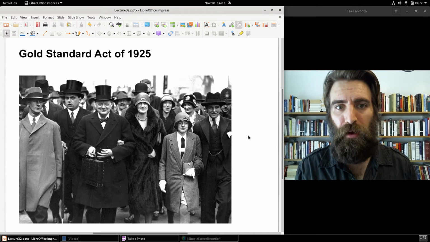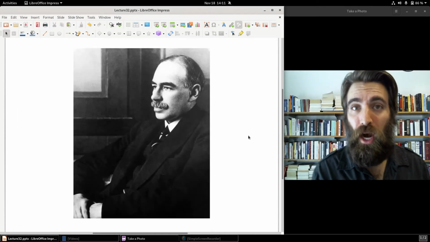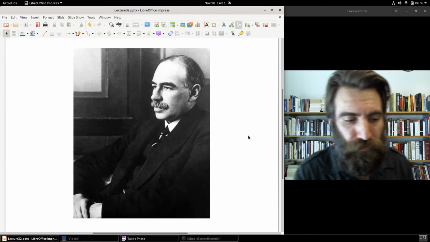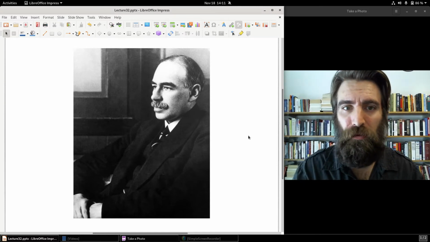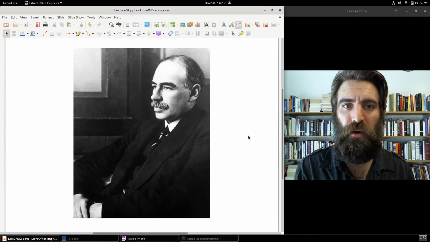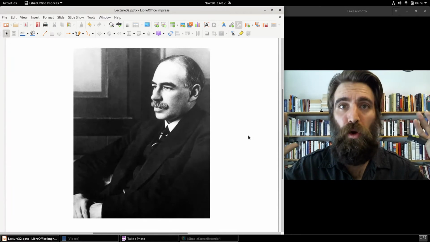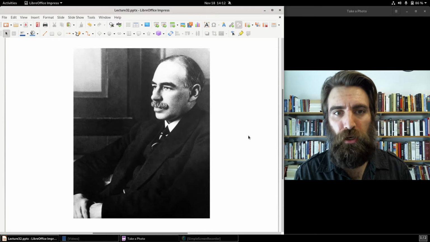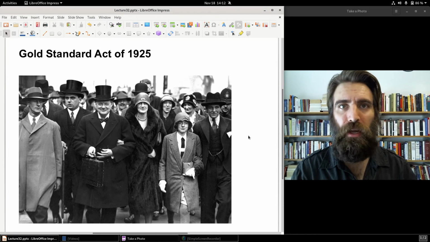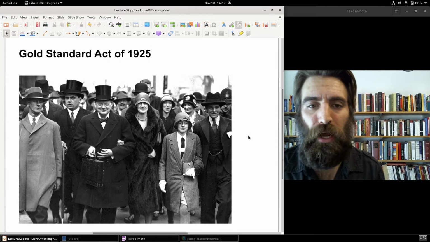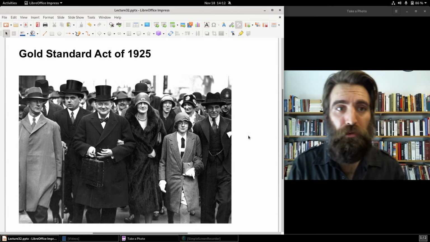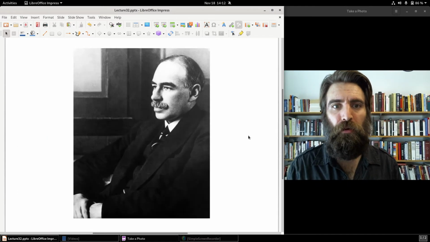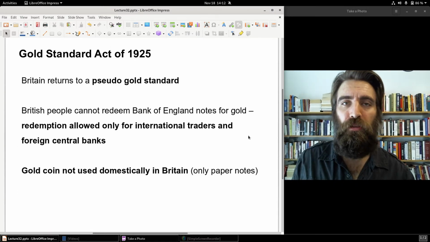Churchill wavers a bit. He actually consults John Maynard Keynes, and Keynes opposes it. He doesn't want to go back to the gold standard. He thinks gold is a, quote, barbarous relic, and opposes this move. Churchill, however, ends up deciding to go forward with it, and in 1925, the Gold Standard Act restores the gold standard to Britain, but